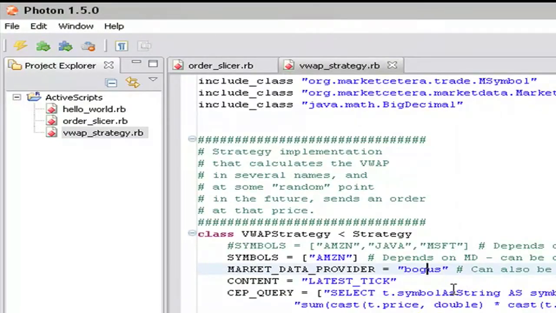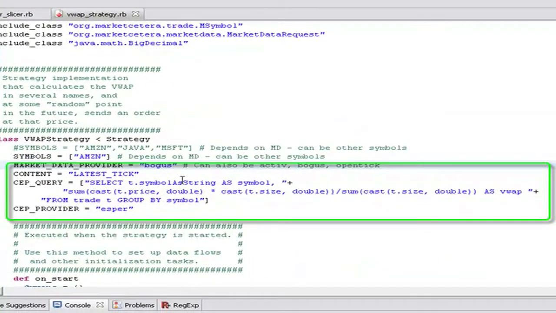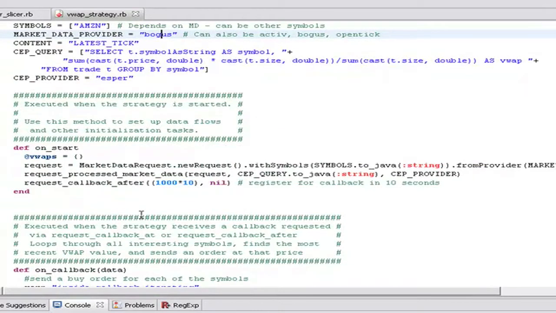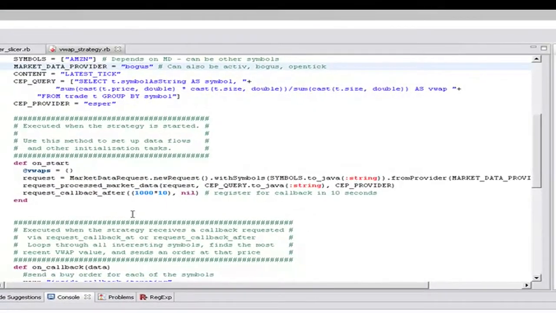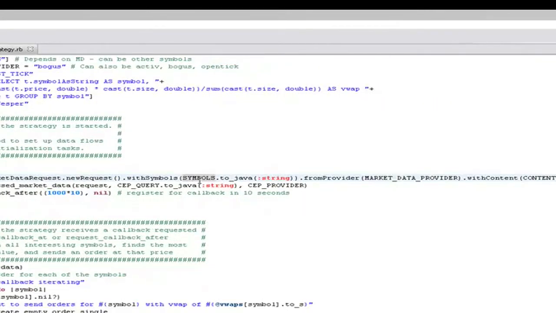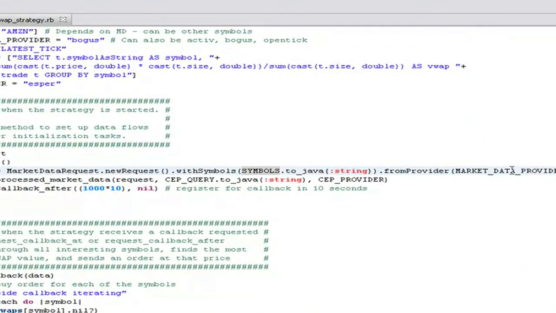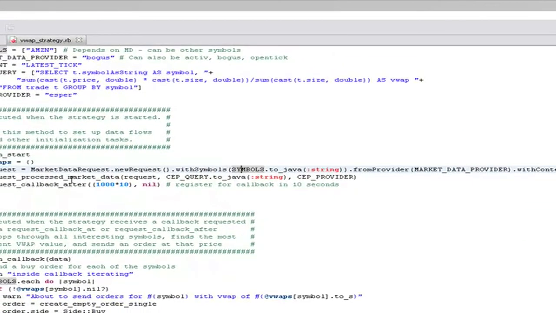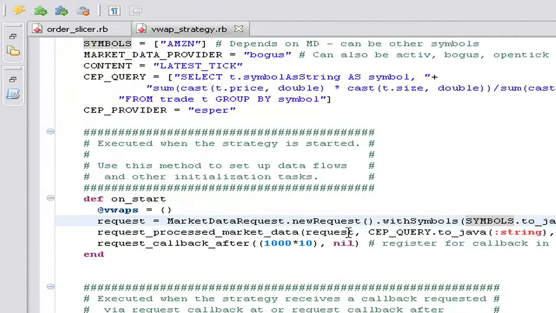We have a very simple complex event processing query which does an inline calculation of a VWAP approximation expressed here. In the onStart method, we register for market data requests. So we register the symbol. Let me increase this. We register for all of the symbols from our bogus market data provider. We register to send it through complex event processing using the request processed market data. And then in this particular example, we register a callback after 10 seconds, so that we may have received some market data, and then when the callback comes back, we'll send out an